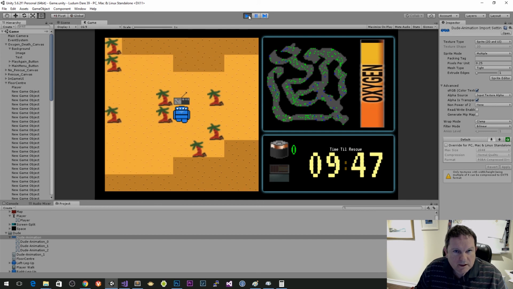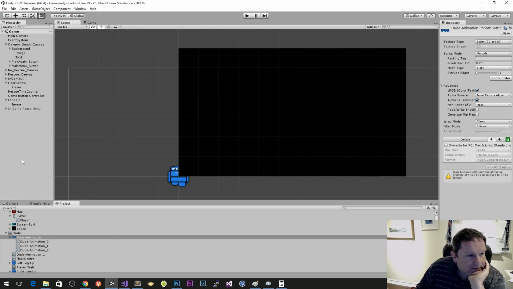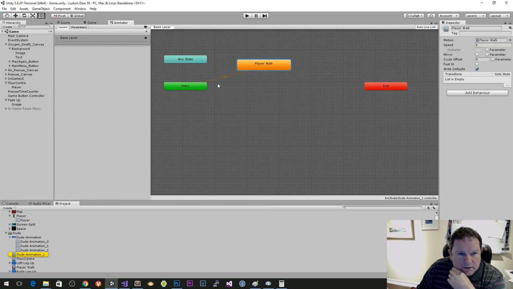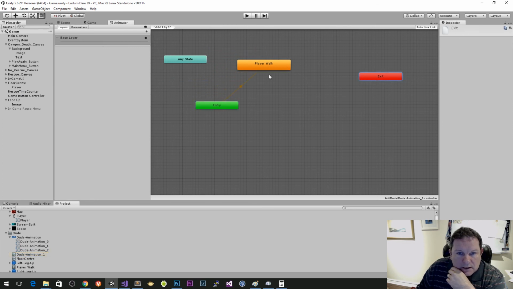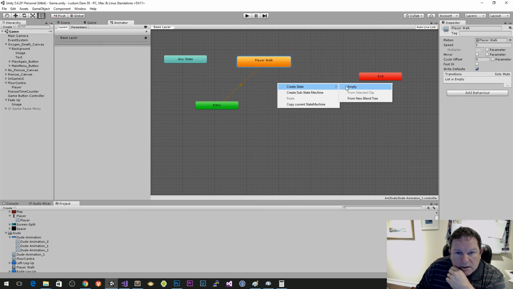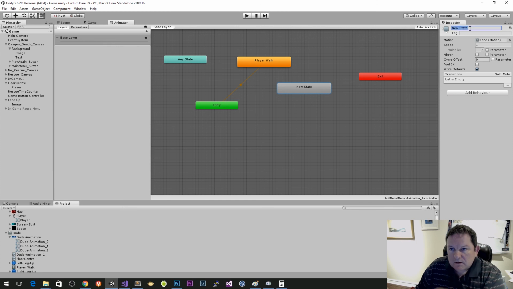So I only want him to do that animation when he's walking. So I'm going to select the player and then double click that, player walk, entry, and then I'm going to create another state, create state empty, and then this new state is going to be called standing. And player walk, motion,